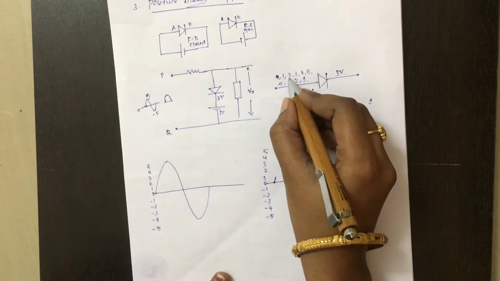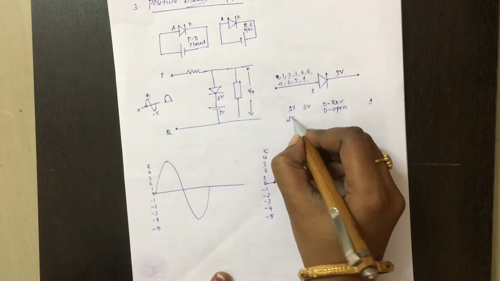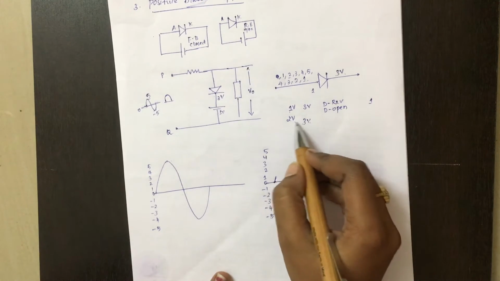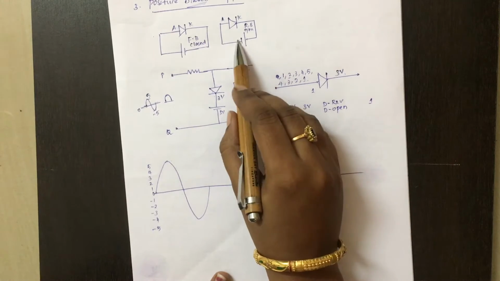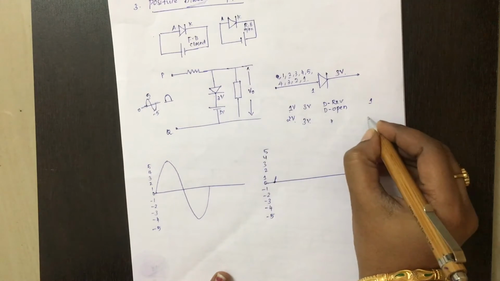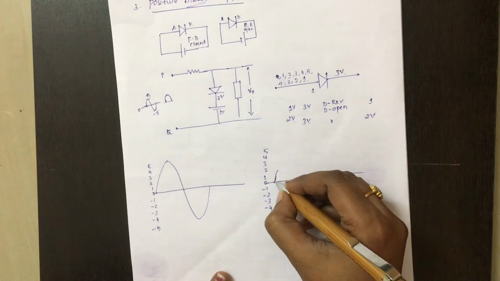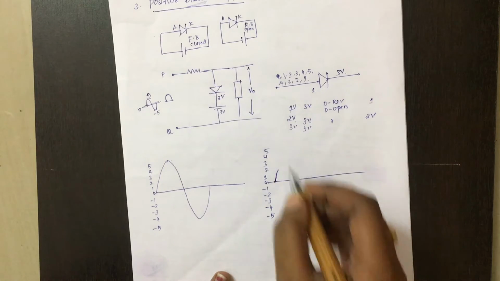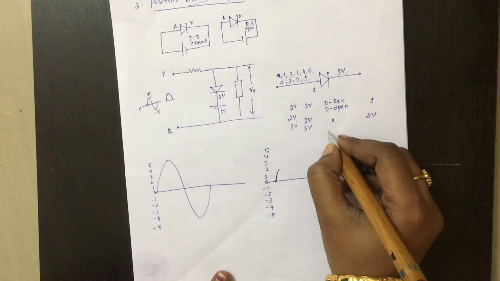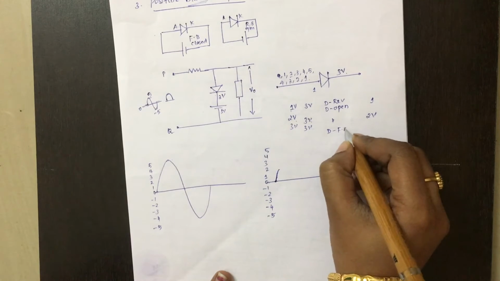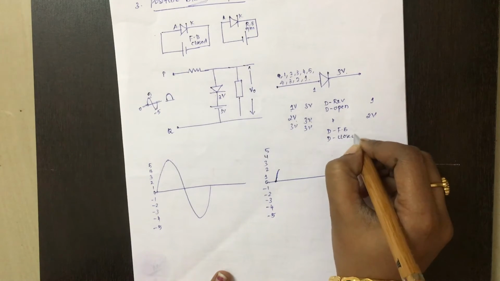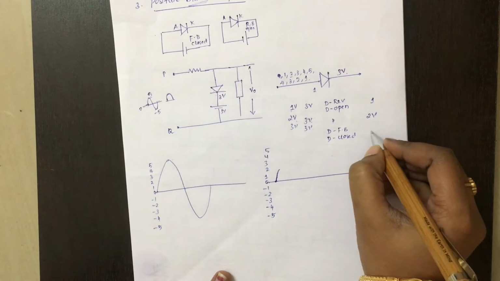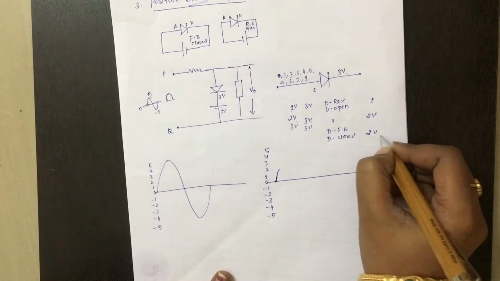Now you will be applying 2 volt. The cathode is 3 volt. You check again, the cathode is more positive than the anode. Same condition, so you will get 2 volt. Next 3 volt, so you will get 3 volt. Both are the same, which means the diode is in forward bias condition. The diode is closed, so when the diode is closed, the entire current will flow across the diode and no current will flow across the resistor. So you will not get any further output; the voltage will remain the same.